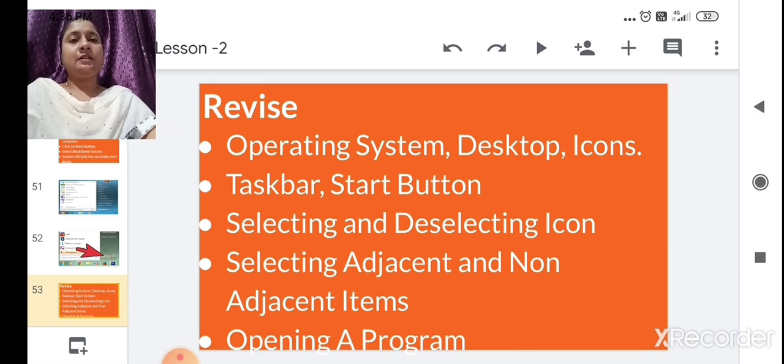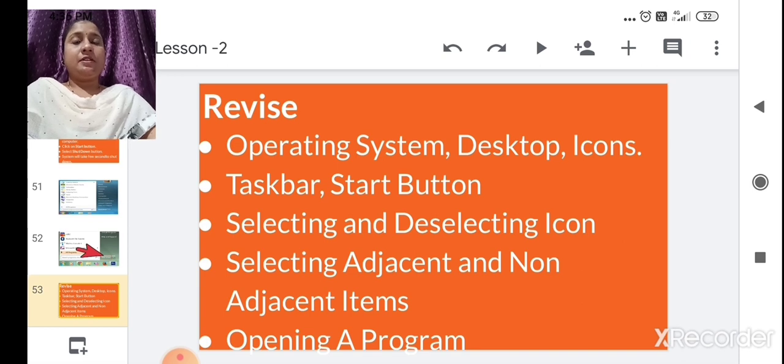Then we have seen the taskbar, the long horizontal line present at the bottom of the desktop. On the right side, it is called the notification area, where if you connect something to the computer, you will get a notification. Even the clock is present in this area.